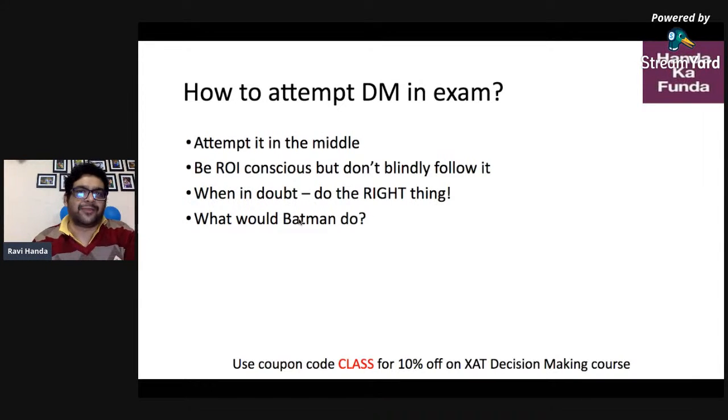Decision making will not have a single question. Quant will have some single questions, which is anyways the last section, or maybe some leftover questions from the verbal part. But do not do DM in the end. Doing decision making in the beginning also is not really a great idea. You are not in the flow of the paper. Your juices are not really flowing. You are not at full concentration, full speed. That's why I recommend attempting DM in the middle of the exam. Please note that decision making is the most scoring section, so you need to devote your full resources, your best time, your best energy to decision making.